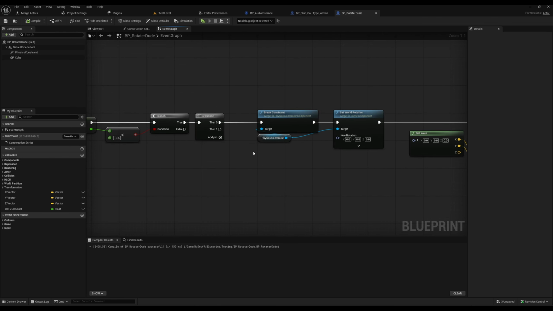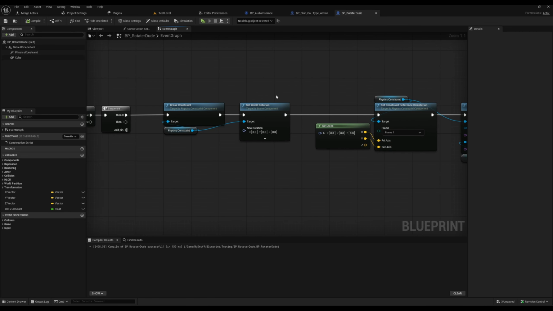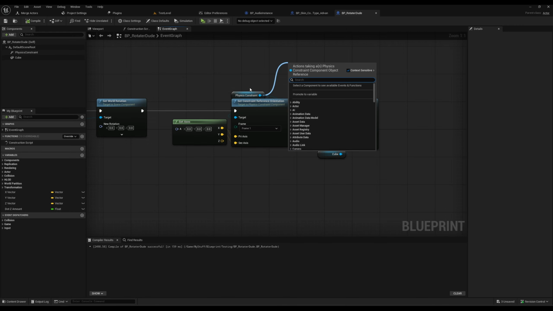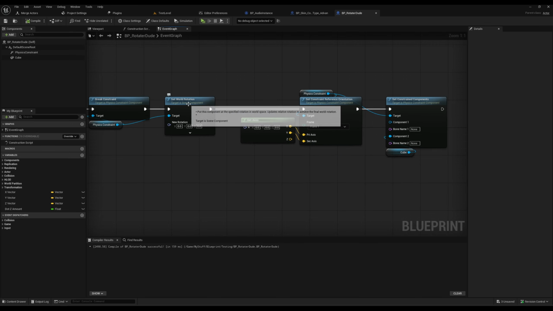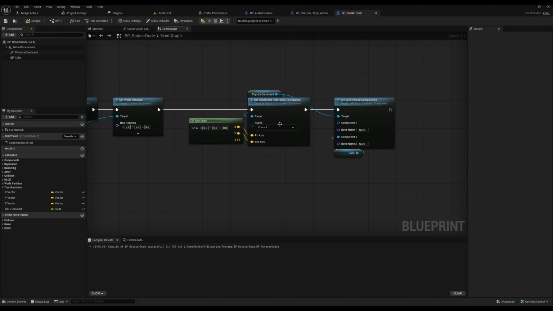So, first we break the constraint, and then we reset its world rotation. So if it's just about to hit that 180 mark, we're going to flip it back up to 0, 0, 0, 0. And this just makes sure that we set it to 0, 0, 0, 0. And hopefully you got to see that you have to drag off of this and then set that. Again, I've tested it without both of these, and for some reason you need both. I don't know what's all going on underneath the hood. I just know that this works,